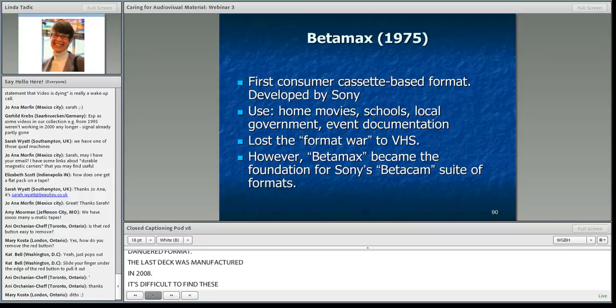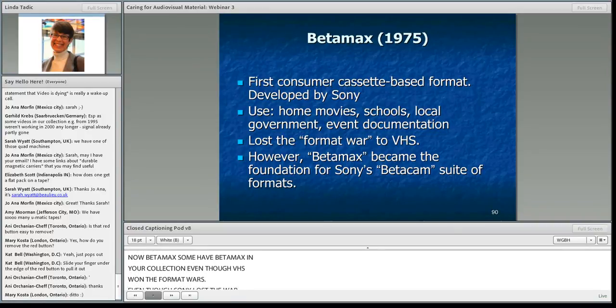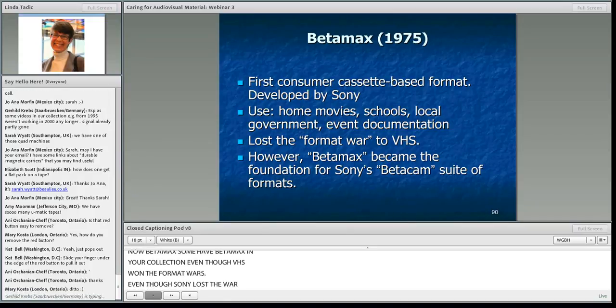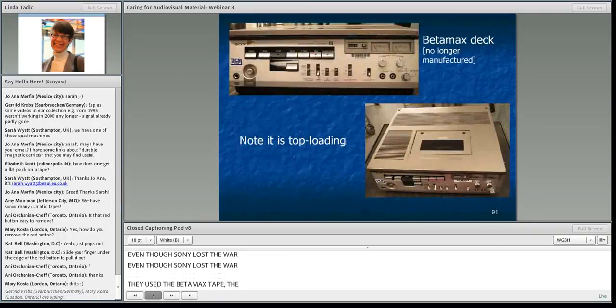Betamax. Now, some of you probably have Betamax in your collections, even though VHS won the format war. And even though Sony lost that war, it used the Betamax tape format as the foundation for its suite of Betacam formats. So here's a Betamax deck. It's top loading.